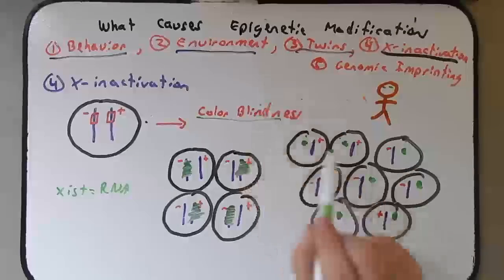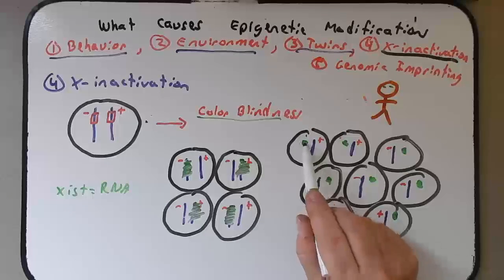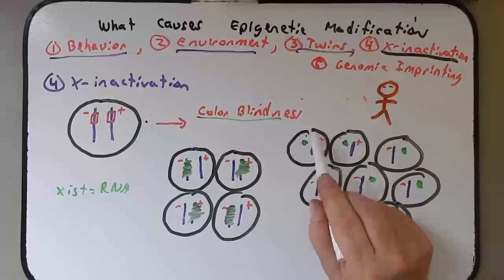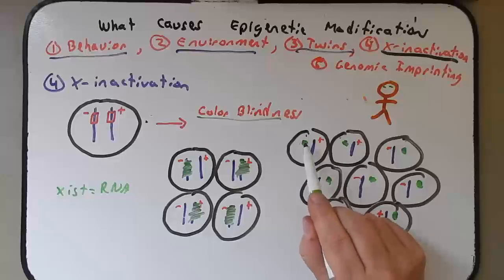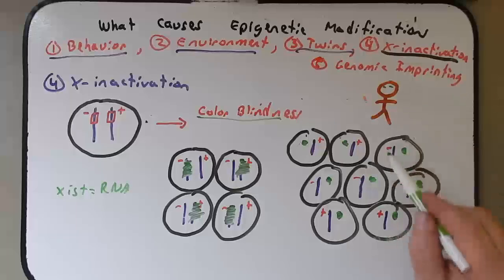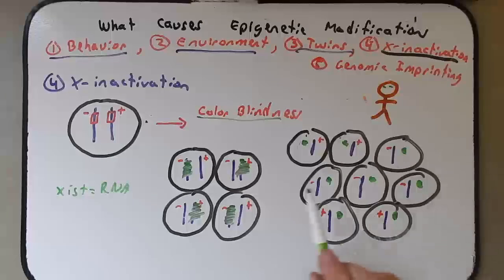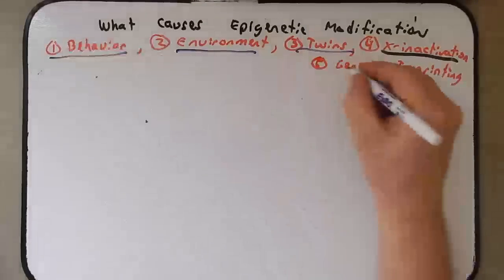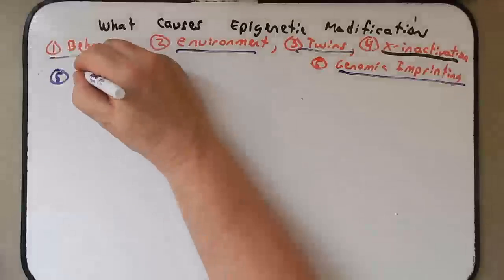And because we're talking about epigenetics, the thing that is important to remember is that every time this cell divides, that same X chromosome is going to be inactive. So which cells these become will determine whether or not the trait of colorblindness persists. Now, this is true for any gene on the X chromosome, not just colorblindness genes. Lastly, I want to talk about this phenomenon called genomic